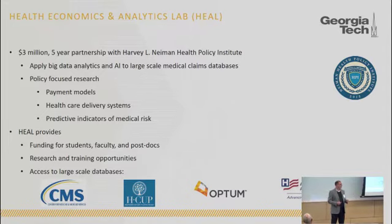But the promise of what we can do when we're looking at literally millions of claims are the prescriptive, predictive and descriptive analytics that everyone's talked about, but in slightly different ways. So, for example, current projects we're working on, some of these come from an outpouring from previous research, we're starting to build the linkages and working with probably 4 or 5 different folks here at Georgia Tech now,